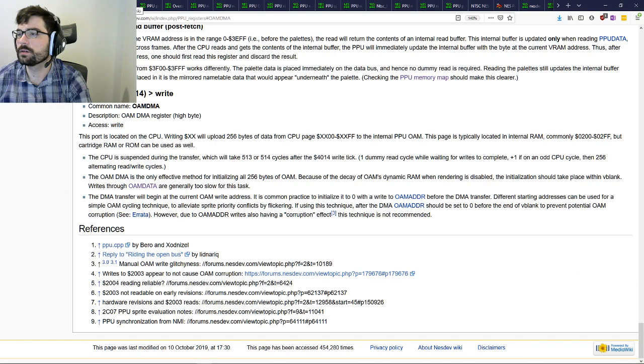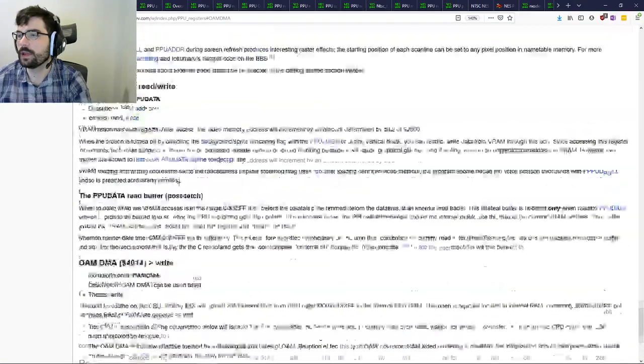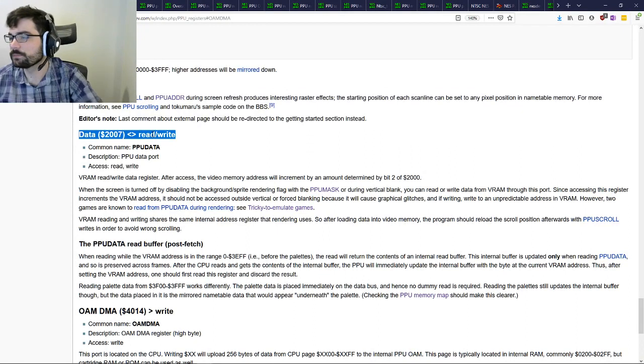PPU registers 2007 is PPU data, right? So that makes sense. PPU reading and writing shares the same internal address register that rendering uses.